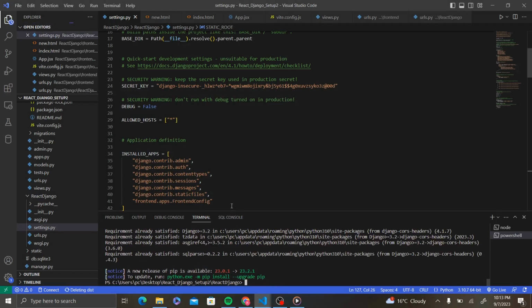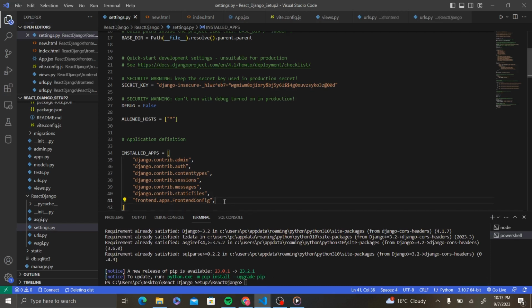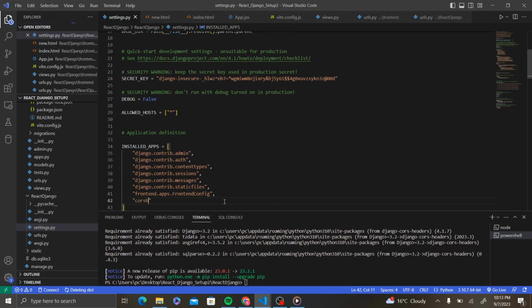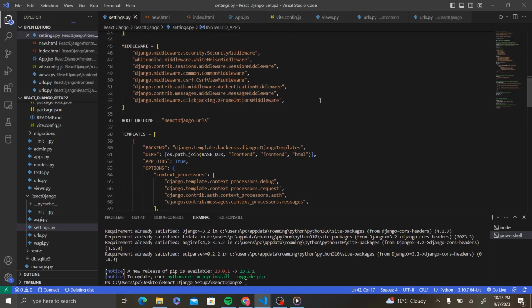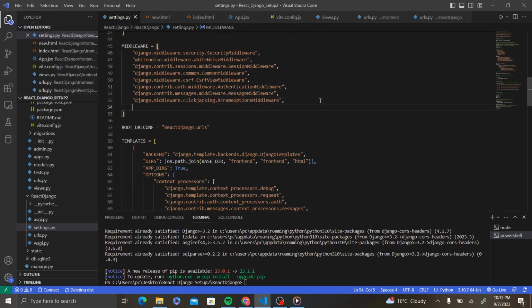Once you've done that, in installed apps, add corsheaders. Then go to the middleware. Add corsheaders.middleware.CorsMiddleware